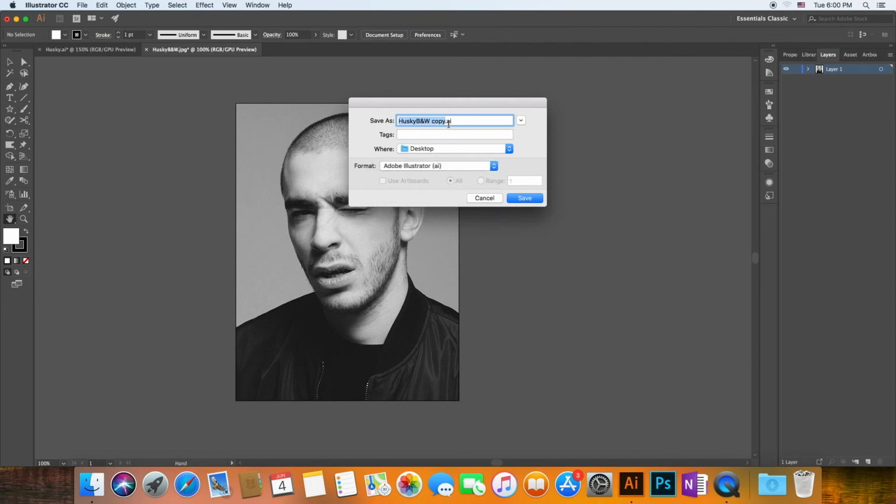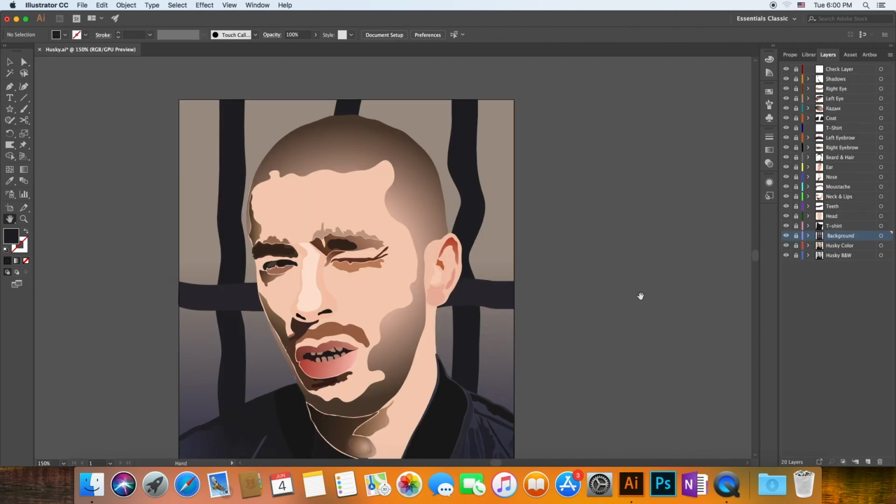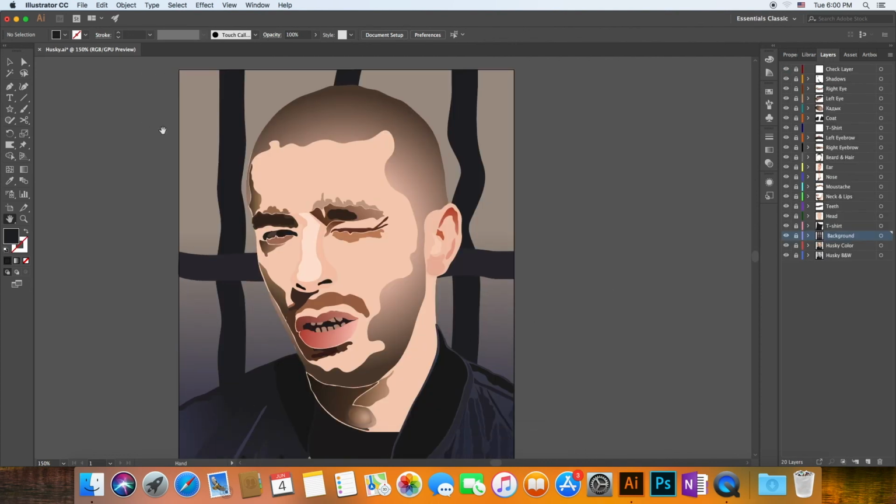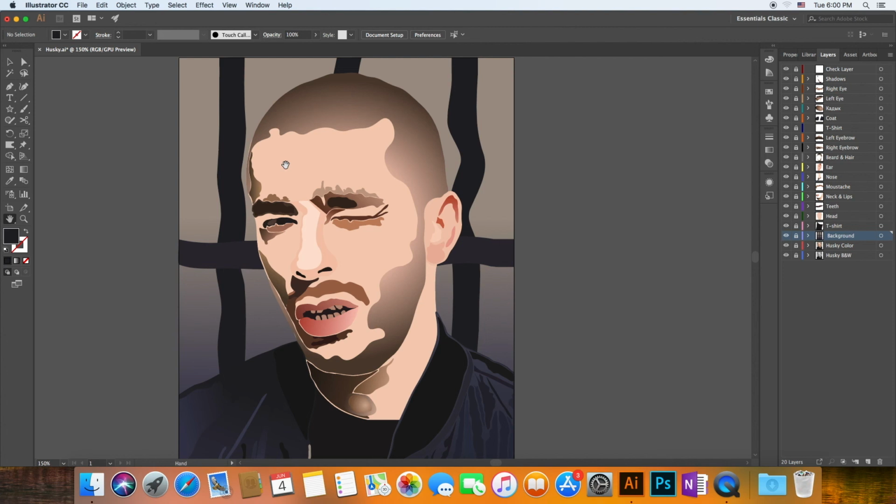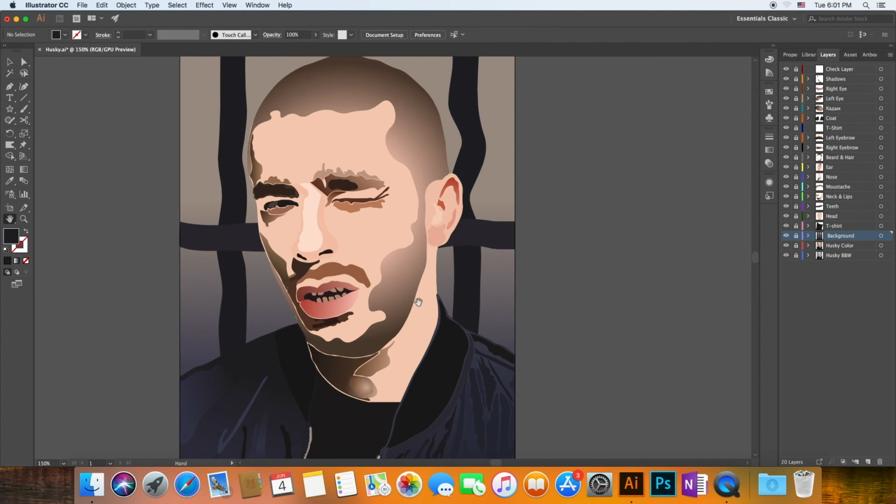So yeah, and here's the AI, which is the symbol for the Adobe Illustrator file, and you just save it wherever you want. That's pretty much everything in this program I've learned during this year. I wish you really good work in this program, and I really love it, and I really recommend it for you to use, because it's very useful for making pictures and projects like mine in here, which is